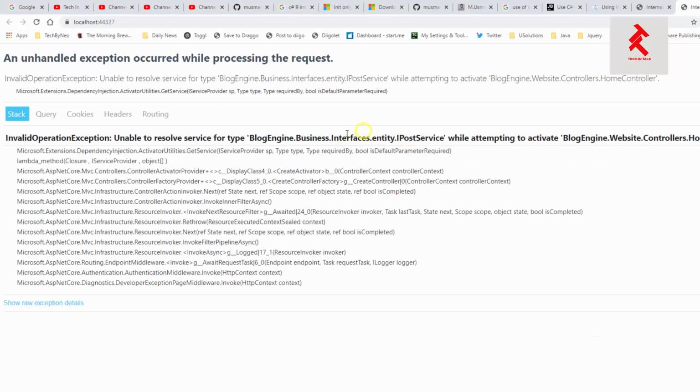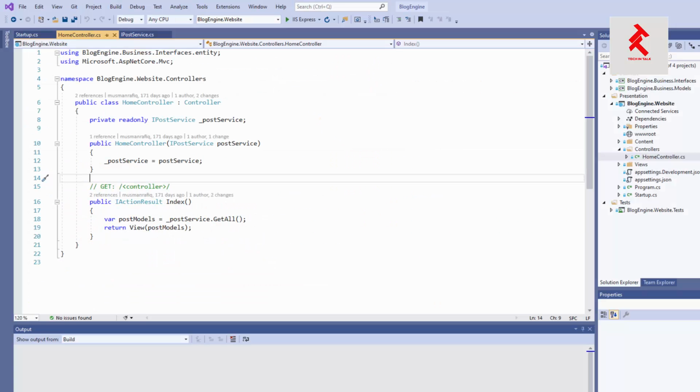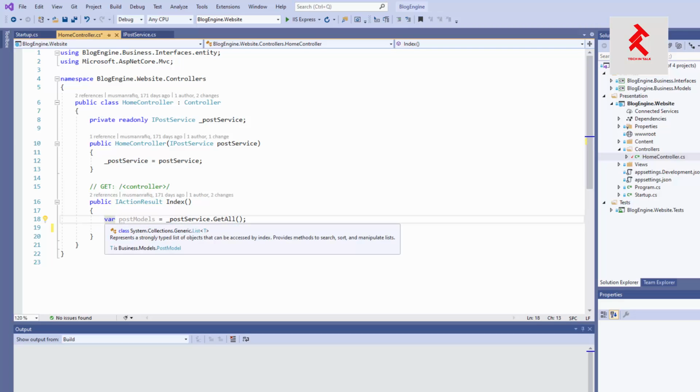It's saying that it's unable to resolve a service of type BlogEngine.Business interface. This service has no implementation attached to this interface, right? So that's fine, totally fine. What we can do is remove the reference from here, right? Let me remove that one and